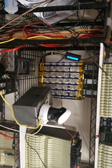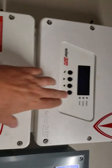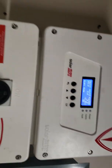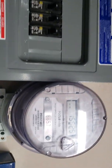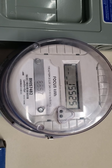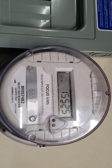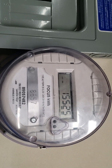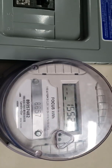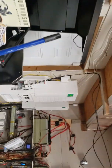I do have a camera to watch some of it, but I don't really use the camera. And then to give you the other portion of it, this is my SolarEdge 3800. Right now, of course, it's off. But since I've gotten this unit, which was last May or June, that's how much power this baby has created. It's a lot of power. It's really nice. Actually, this is a combination of the SolarEdge along with